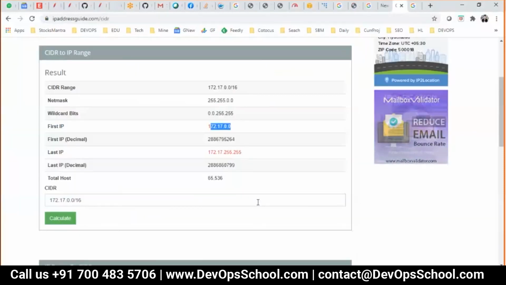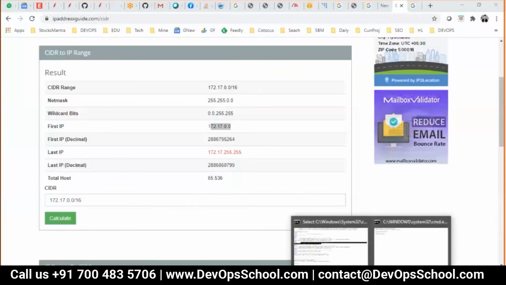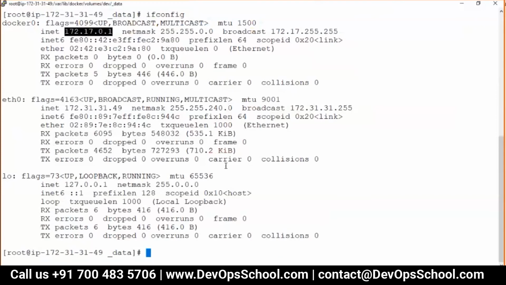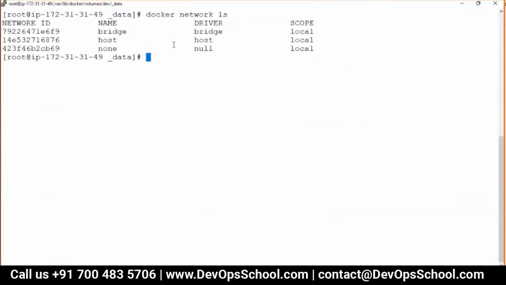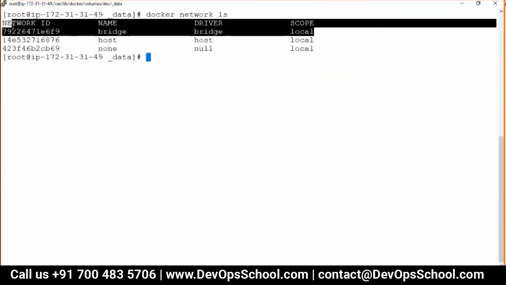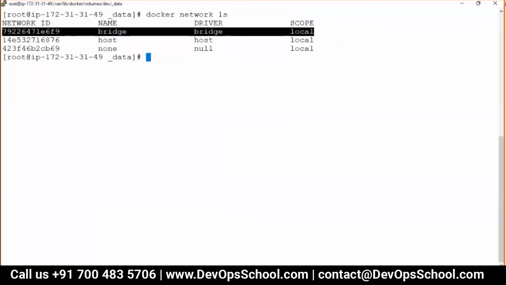Okay, with the little time I have, this is the maximum I can do. Now the question is, docker network ls. Guys, you know one thing, this network is a default network. This bridge is a default bridge. Can you delete it? No. Can you modify it? No. Who controls it? The moment you start the daemon, the very first time, this gets created. After that, you cannot change it, you cannot delete it, you cannot do anything.